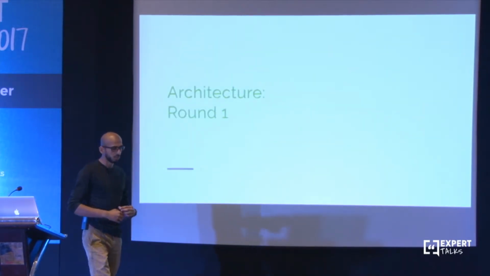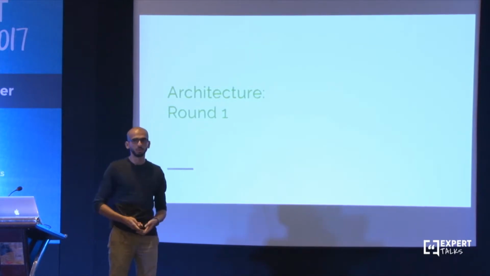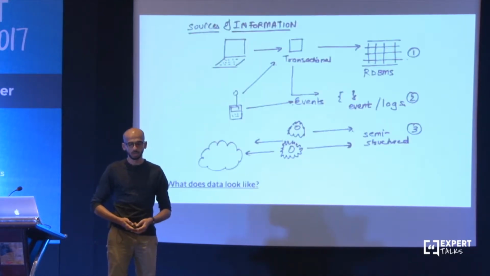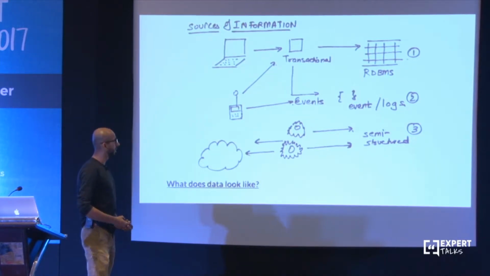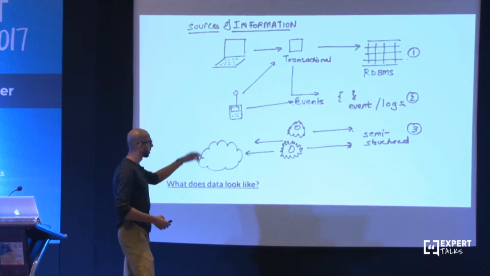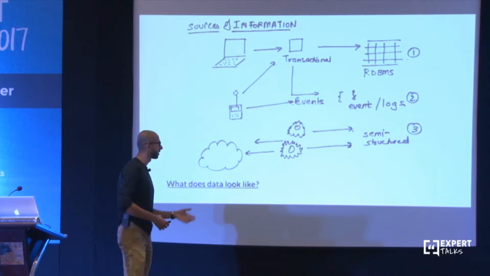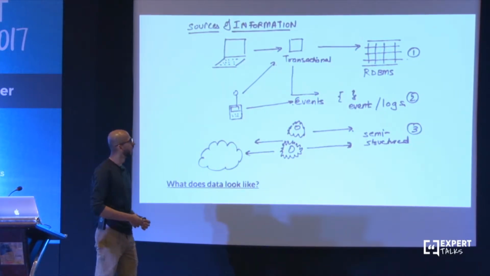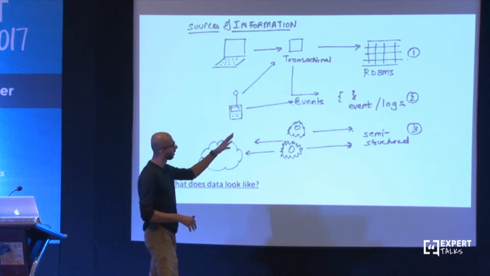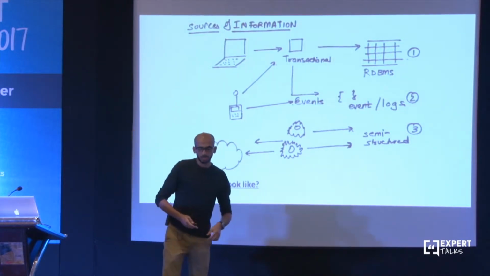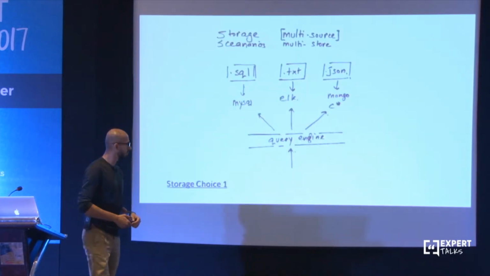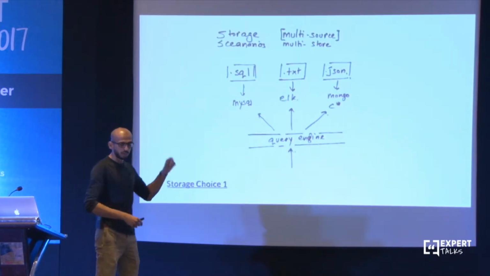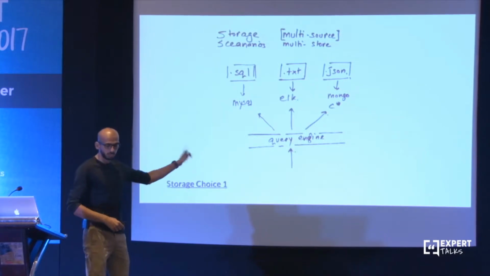So now let's try to solve that architecture as round one, as we have been doing mostly all along. Let's say these are the sources of information that are coming in. There's transactions happening, there are events happening, there's semi-structured data happening somewhere, and the sources of information are kind of like 1, 2, and 3. And we're now trying to save them in some storage. One of the storage choices. Now, if there's a talk, there has to be Mongo in a big data conversation. That's why I put it there.